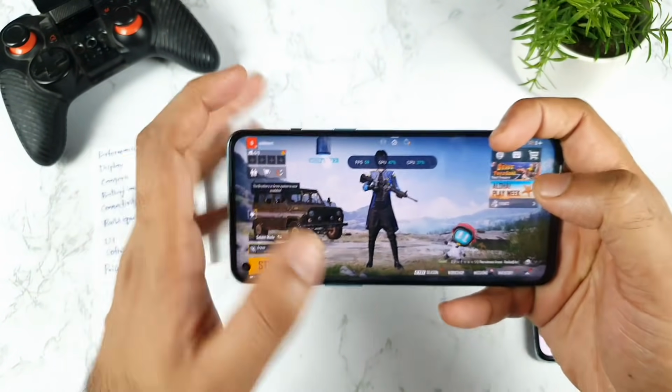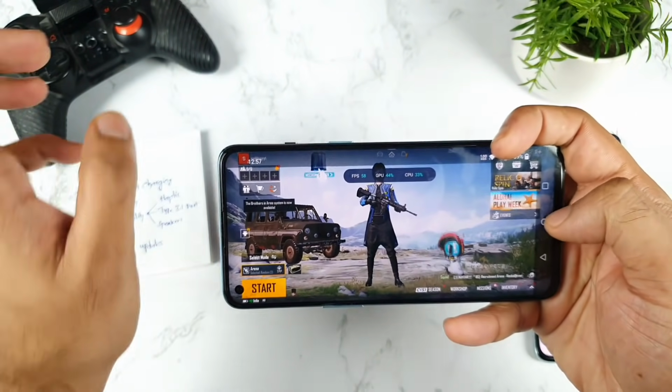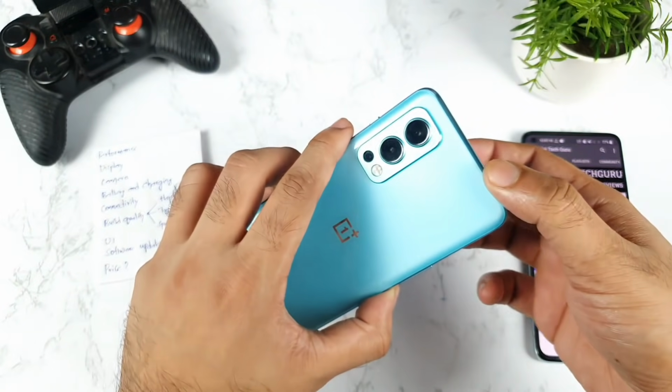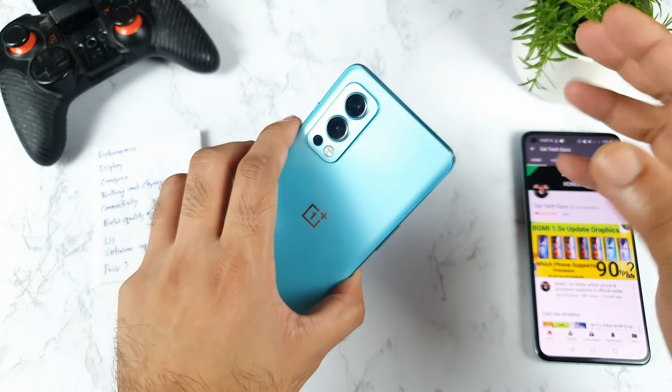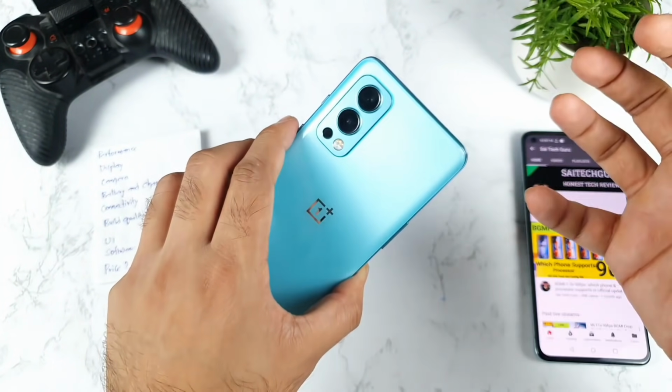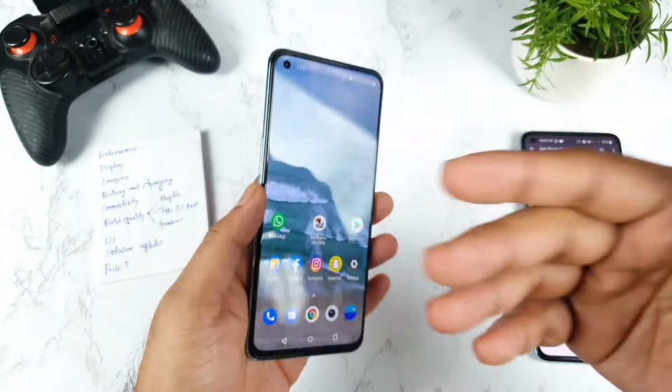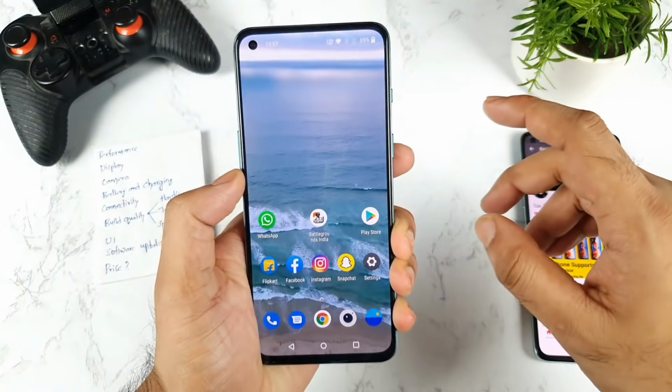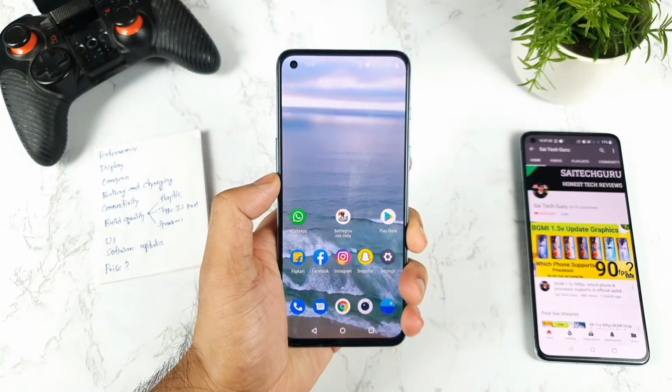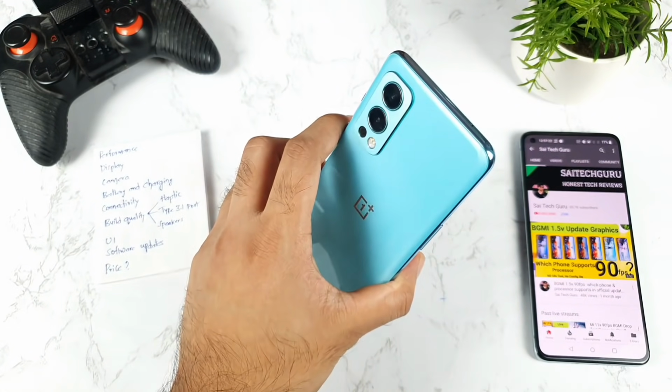That's the sweet spot for this OnePlus Nord 2. So in terms of the performance segment, I can definitely give maybe a 4 out of 5 rating to this device, because of the lack of optimization. That's the one thing, but very soon the games will also get optimized, so it should not be a big deal. Performance wise, I'm really happy with this phone. Not many big complaints at this moment.